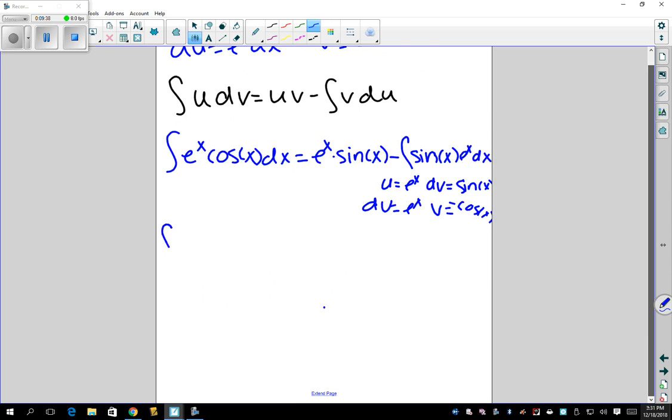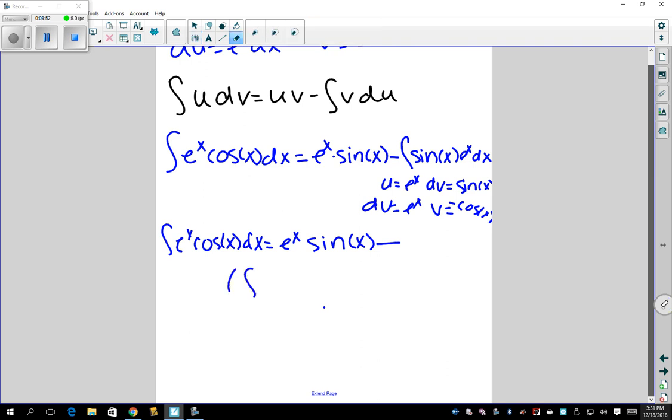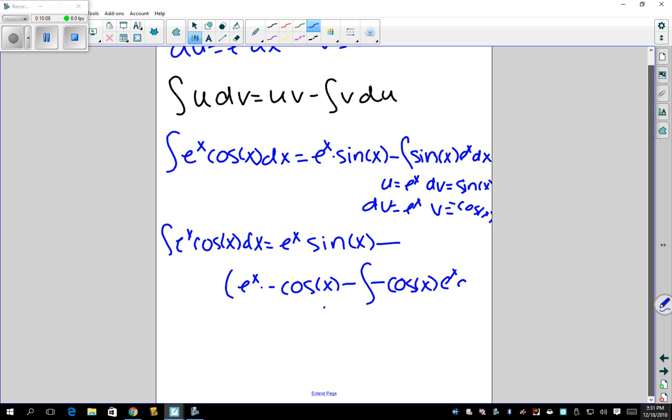So the integral e to the x cosine x dx equals e to the x sine x minus, and then I'm just going to write this integral on a separate line, minus uv minus the integral of v du. So when I simplify this,